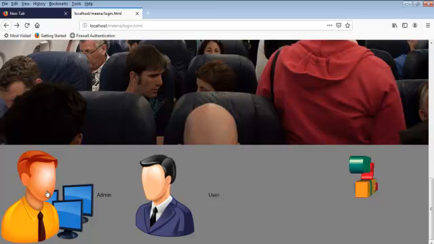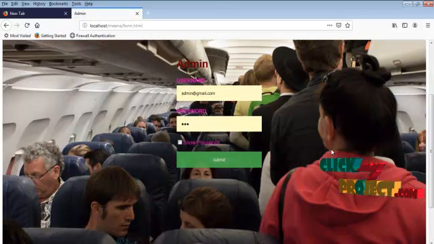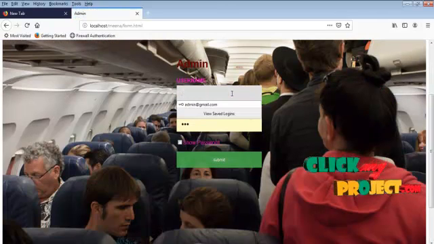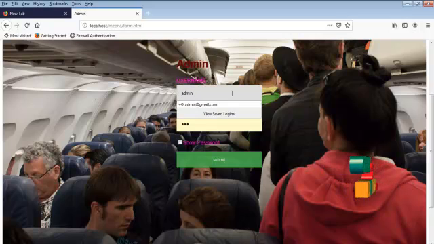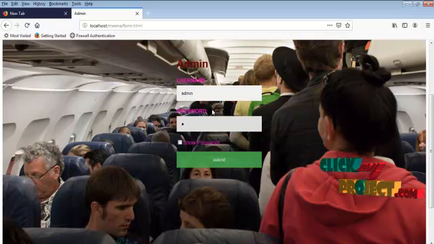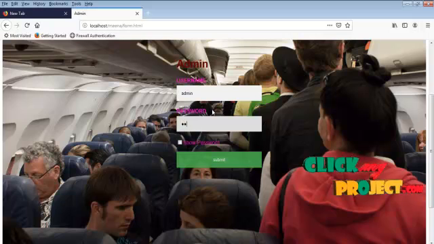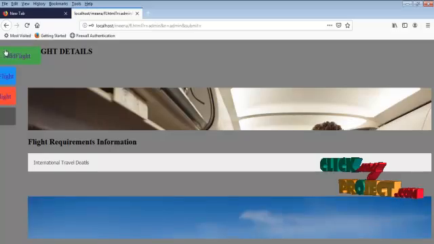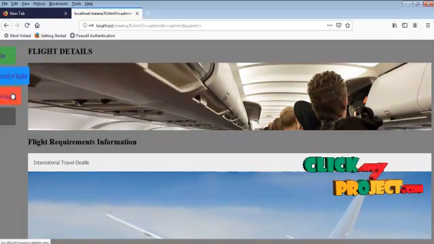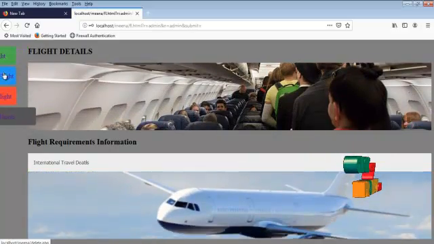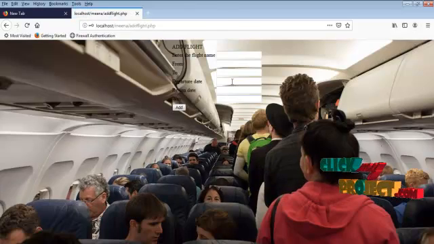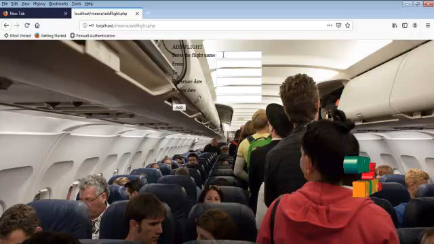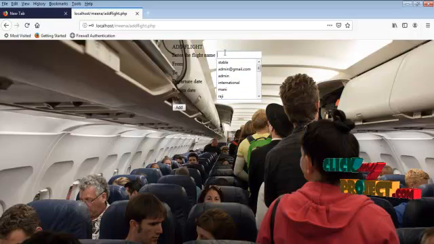Next part is the admin part. Click the admin. Submit, and then add flight, modify flight, delete flight, and then home. Add flight. Enter the flight name.